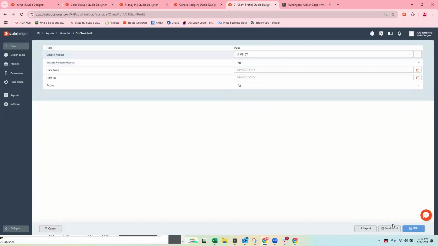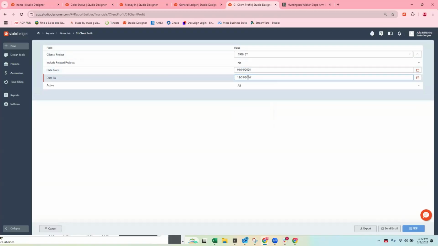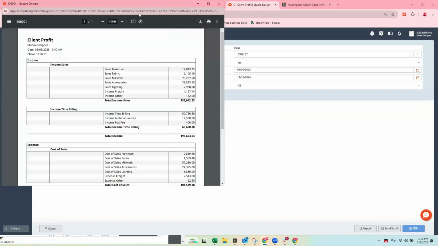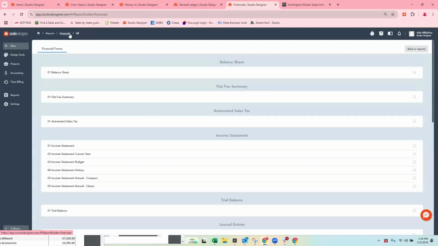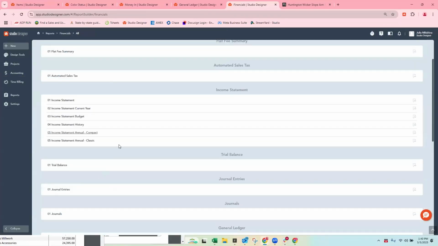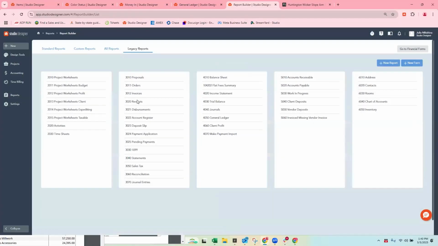It populates as an income statement. Ah, perfect. So let's redo our steps. So reports, we went to legacy, which is where I like to go, but I think I was in the wrong section. I went to income statement. Oh, it's here. Sorry, client profit.